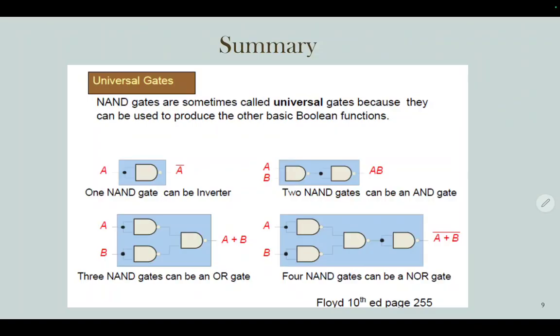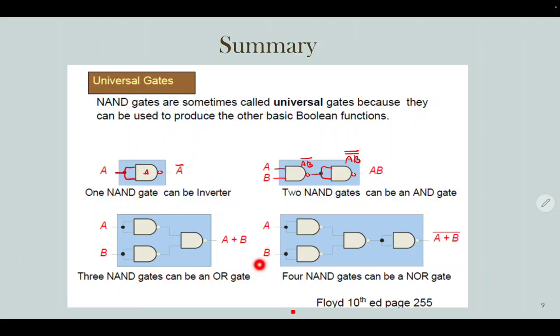So this is a summary for universal logic gate. You can use the NAND gate as a universal gate because it can be used to reproduce a basic Boolean function. For example, if you use a NAND gate, you have to combine the legs like this, right? Then you got A, and then it becomes A inside here, then A bar. So here you got A, B. So here bar, so you got A, B bar, and then this A, B bar comes here, then another bar, you got A, B bar, double bar.